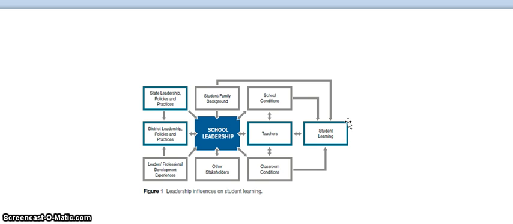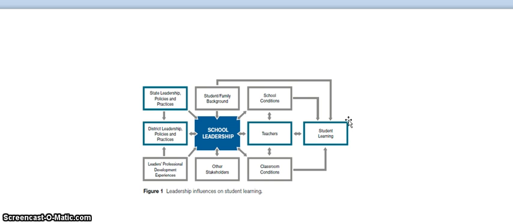So I'm going to use the investigating the links to improve student learning executive summary as pretty much the foundation for the conversation today. I'm going to follow along with a couple of excerpts from that and expand upon that a little bit. And this is the Wallstrom, Lewis, Leithwood, and Anderson article.